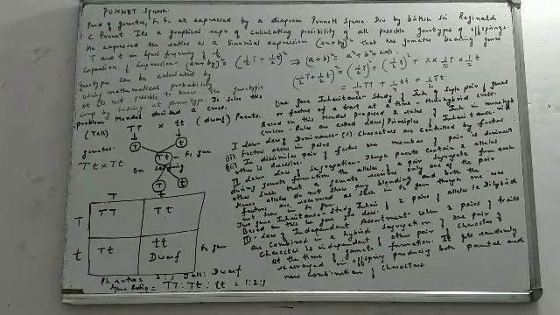Then the segregation of one pair of characters is independent of the other pair of characters. Whenever segregation takes place during gamete formation, segregation of one character will be independent of the other pair. We had a hybrid where we had two pairs of traits which were combined, but the segregation of one pair of characters is independent of the other. One pair will always separate itself independent of the other pair at the time of gamete formation. This I will explain further with the help of an example in the next video.